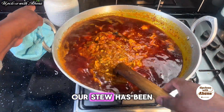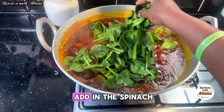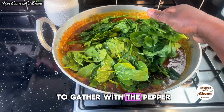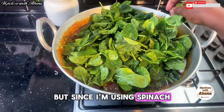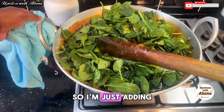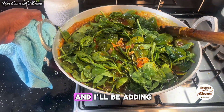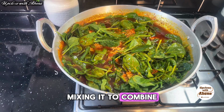Our stew has been cooking for 15 minutes now, and it's time to add in the spinach. If you're using kontomire, you can boil it together with the pepper and turkey berries earlier on. But since I'm using spinach, which is very easy to cook and doesn't itch, I'm just adding it directly to the stew. For this recipe, I'm using 3 packs and I'll be adding it bit by bit, carefully mixing it to combine